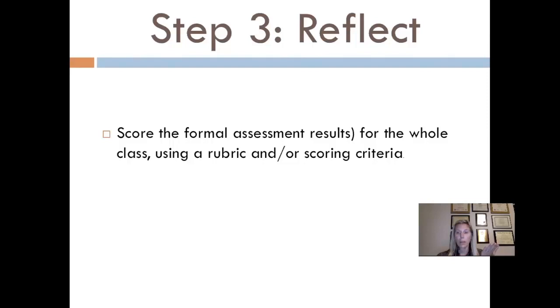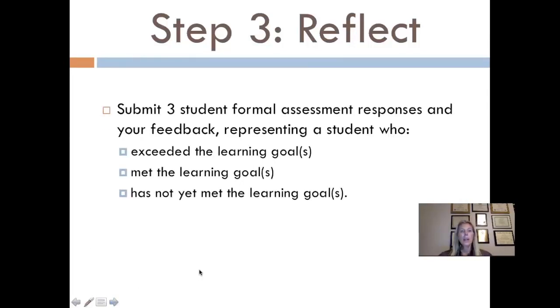What is the formal assessment that you want to use? And you're going to score it using that rubric or checklist or criteria sheet. And then you are going to submit the 3 student formal assessment responses. Okay, and now your 3 students that you're using as your focus students for Step 3 in Cycle 2 are very different from the focus students that you used for Cycle 1. So please do not confuse who you needed to use for Cycle 1 with who you now need to use